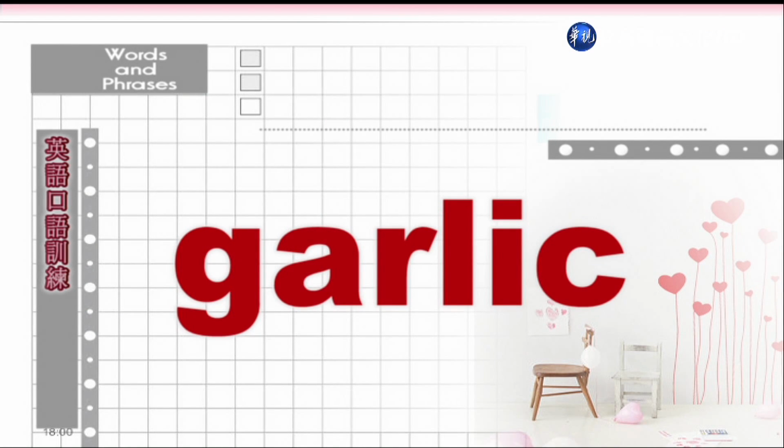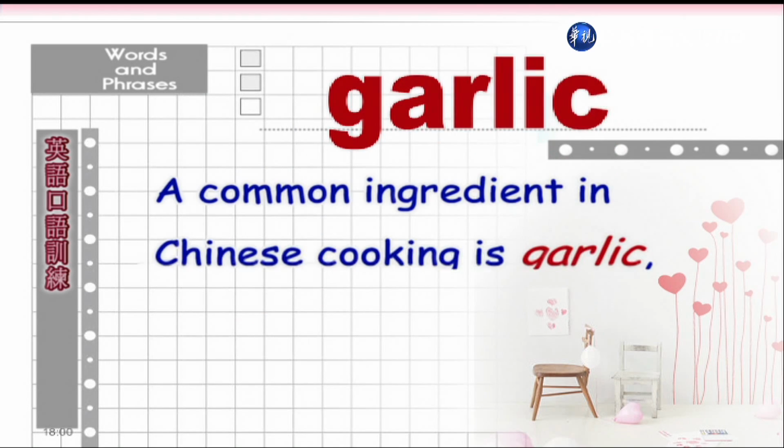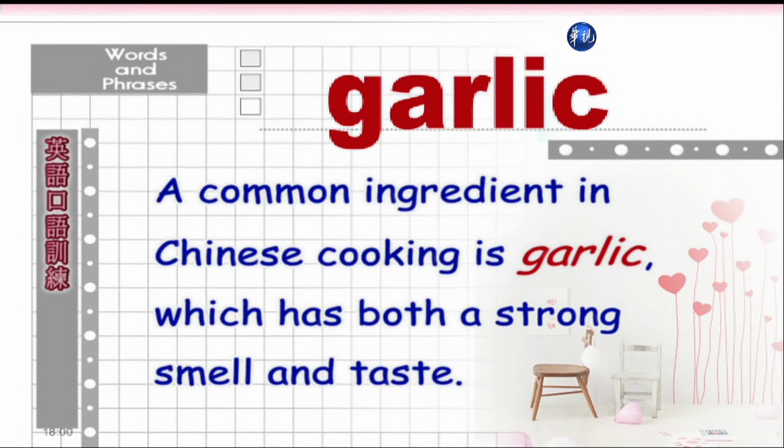Garlic, garlic. 大蒜。 A common ingredient in Chinese cooking is garlic, which has both a strong smell and taste. 大蒜有很重的气味和味道，是中国菜里常见的食材。